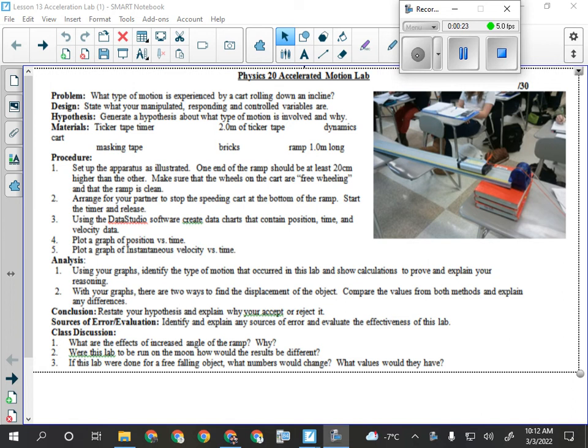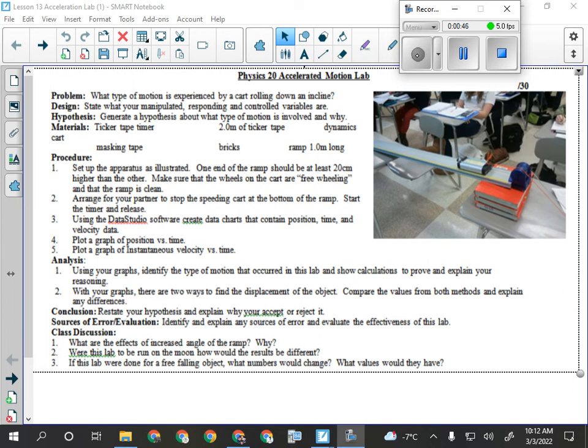We're not going to do much with the position versus time graph that we created in this lab. We're mostly just concerned with its shape and whether it looks right. But we are going to be doing a fair amount of stuff with the velocity versus time graph, because that's the one where we can get things like acceleration, displacement, and all of that kind of stuff. And those are things you're going to be asked to do, using your data from this particular